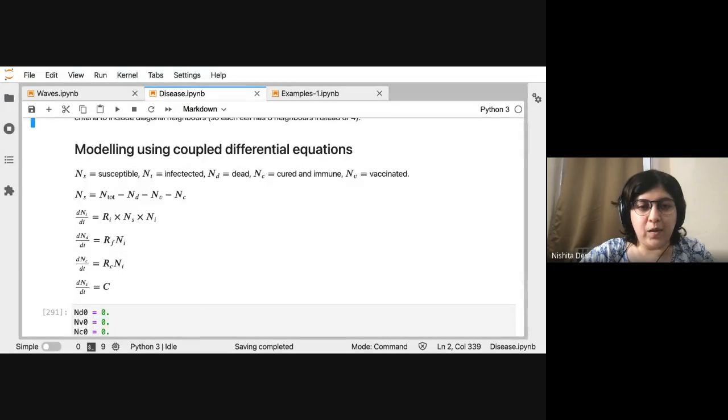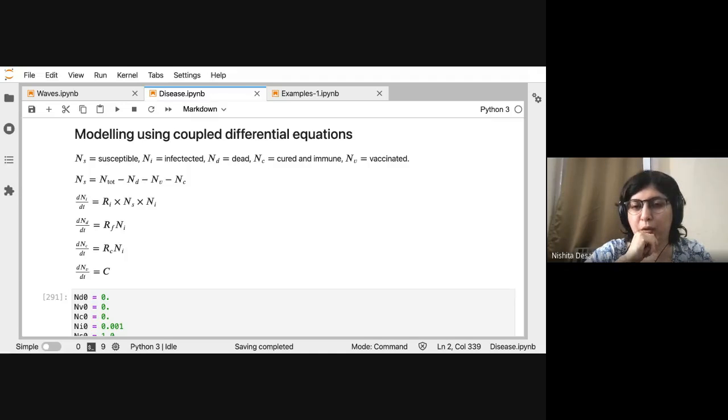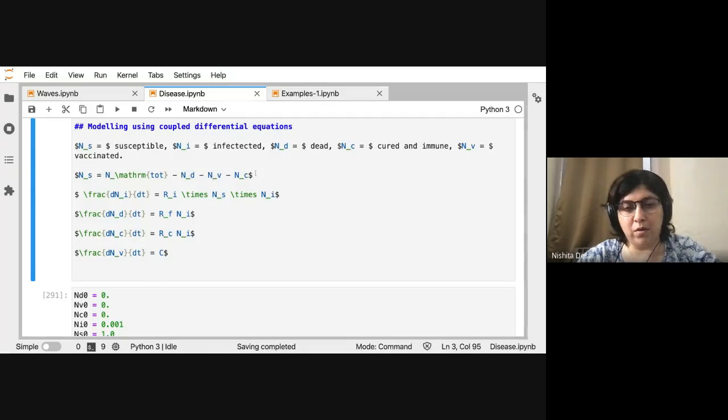All right. So now we go to the second method of simulating this system, and this is using differential equations. Here you need certain variables that I defined here. Of course we need the number of infected people, dead people, cured people, and vaccinated people as before. And I'm calculating this n susceptible, which is the number of people who can get infected in the future, right? So if the total number of people is n tot, then the susceptible people are people who are not already dead or vaccinated or cured or infected.